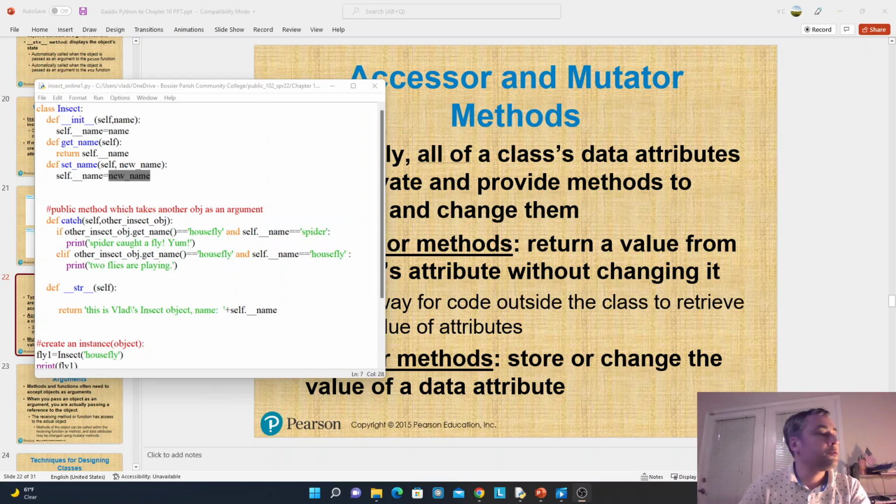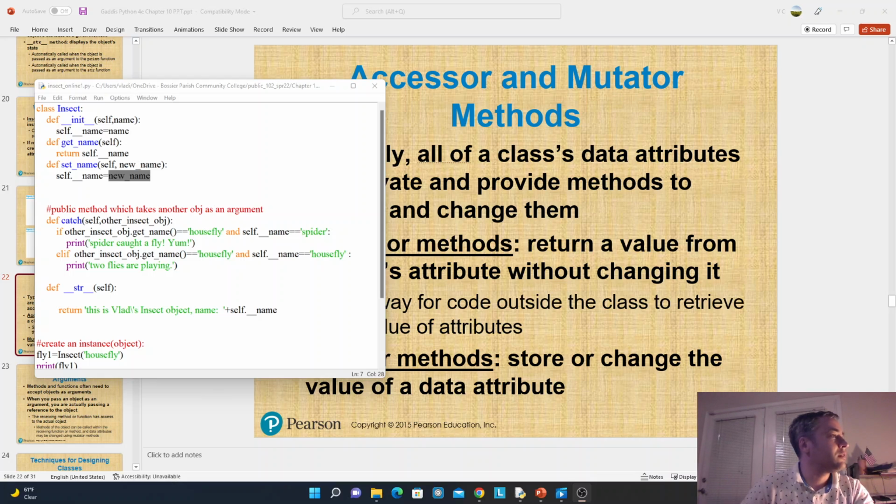Okay, this is part 3 of the lecture on Python classes and objects. Part 2 ended a little bit abruptly, and I will pick up where I left off. So I was talking about accessors and mutators, which is really